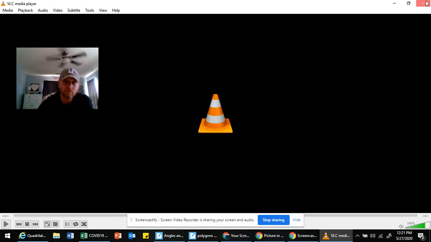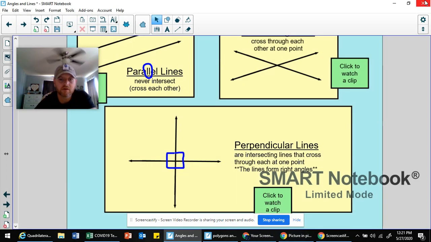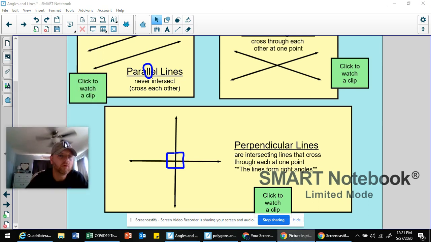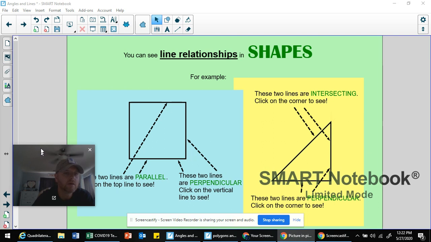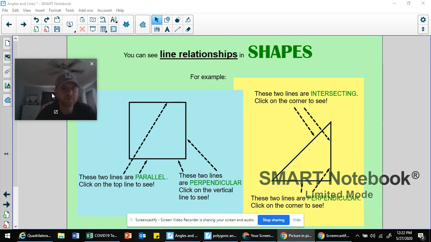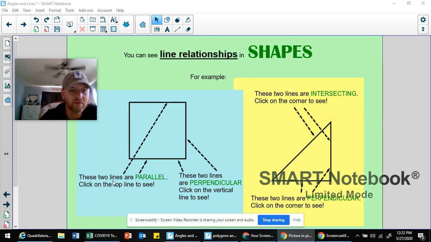All right, hopefully you understand what perpendicular lines are now. We're almost done, boys and girls. All right, so finally, now that we've learned about some of these terms and what these different lines and angles are, let's take a look at two common shapes where you can see some of these examples inside the shape. So here's a square, for instance, and it's pointing out that these two lines, notice it's pointing to the top side and the bottom side